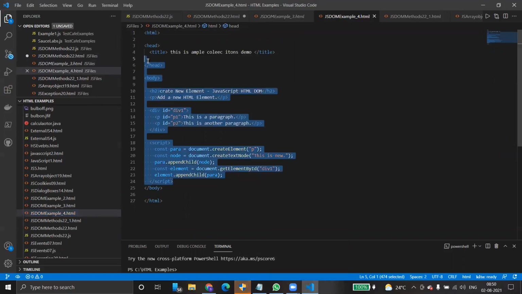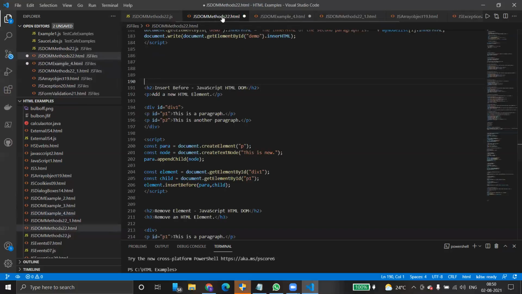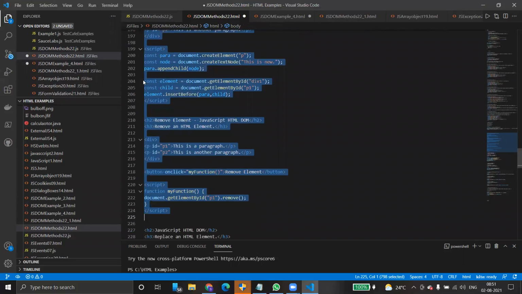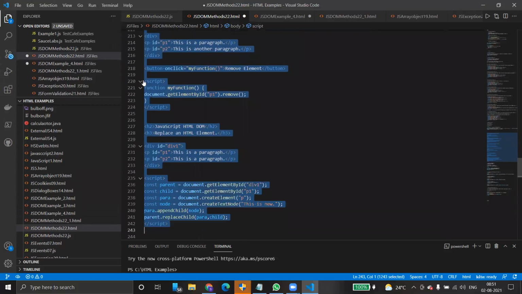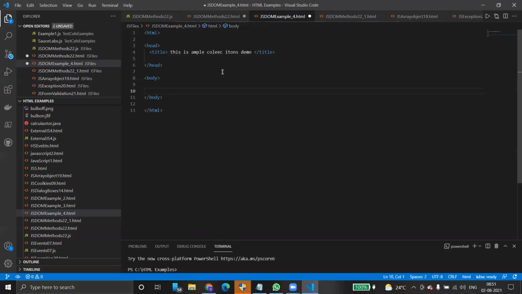So I'm just deleting it. Body part. Yeah. Remove element also. You can also remove the elements. I'm just going to take this entire thing till remove. And replace also. I'll take replace also, but I don't know whether these locators are the same or different. Okay, I'll take till this part. Control X. Okay, go here, just here.